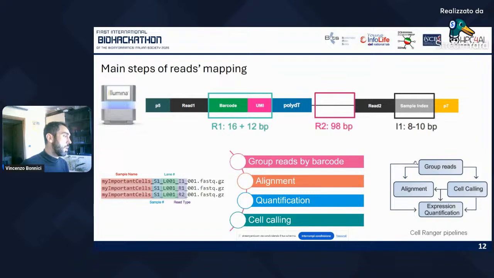Once you have divided, then within each sample, you want to group the reads by the cell barcode. Once you group them, you want to align them to the transcriptome, or you can also sometimes run an alignment-free cell calling in order to understand what type of cells you are dealing with. And after you have run this step, you finally want to quantify the expression of the genes that are present in your cell. And this is actually what the Cell Ranger pipeline, today the most used pipeline for single-cell RNA data analysis,